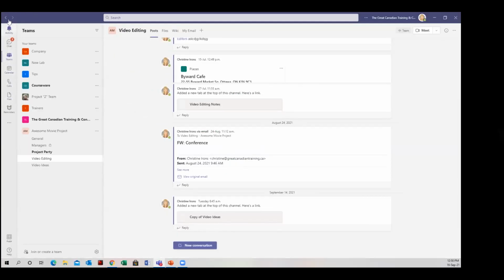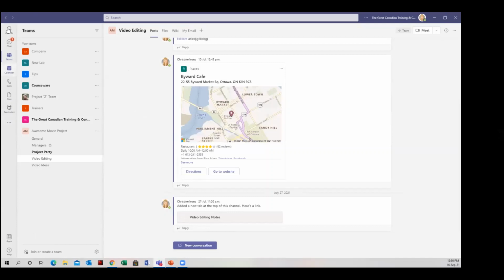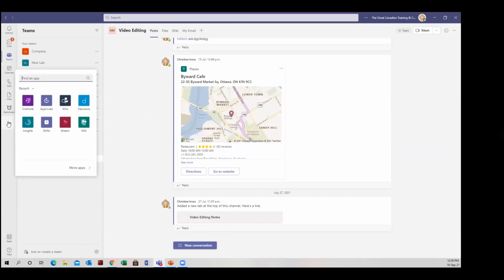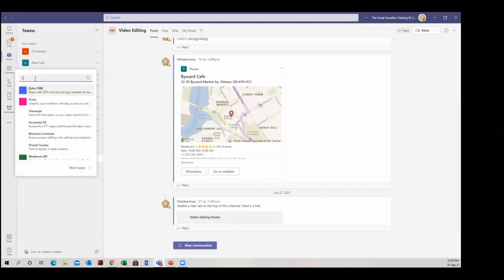on your little navigation bar here on the left, there's a ... This allows you to add applications to your team. So if I click ... and I search for, you can search for to do, you can start searching for tasks by planner and to do, but it should pop up. And when you click on it,